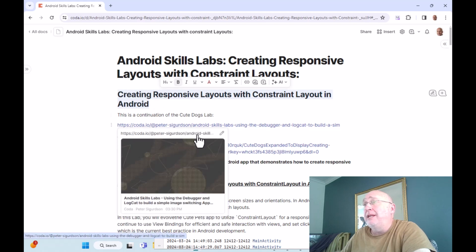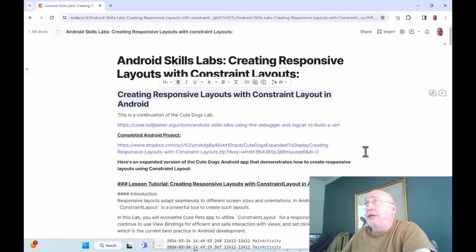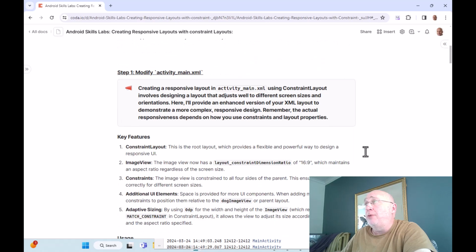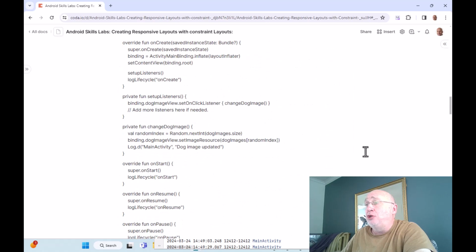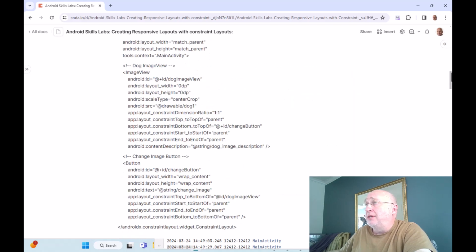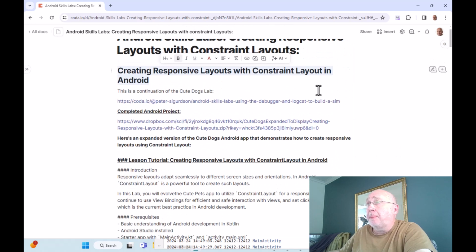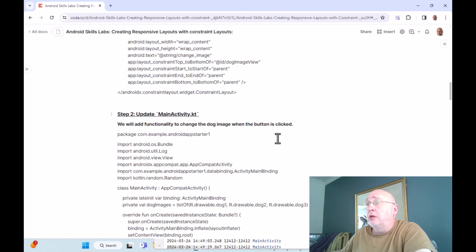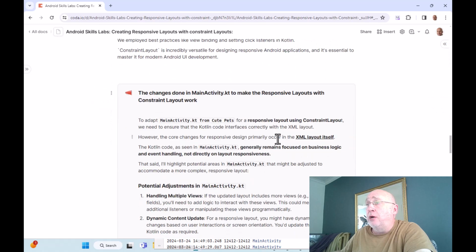Now, I'm not going to be demonstrating the debugger here because nothing has changed in Kotlin main. You should go through it again just for practice. However, our main changes here are going to be in activity main XML. And once again, you have the finished Android project, but my suggestion is build it up a little bit at a time by yourself. So the key changes here now are